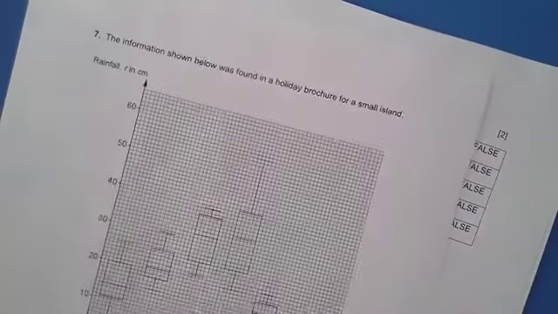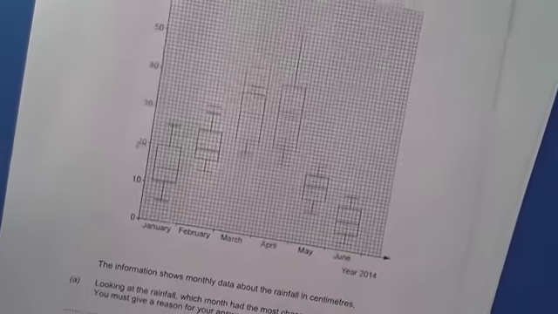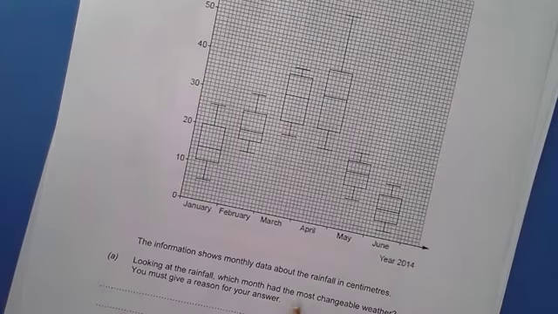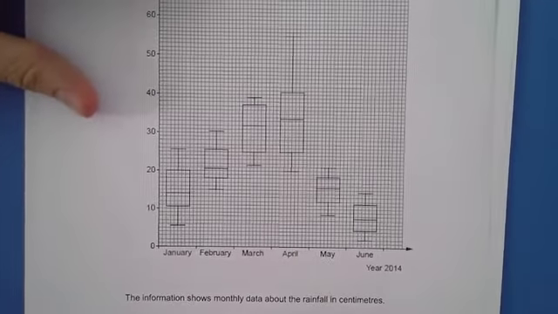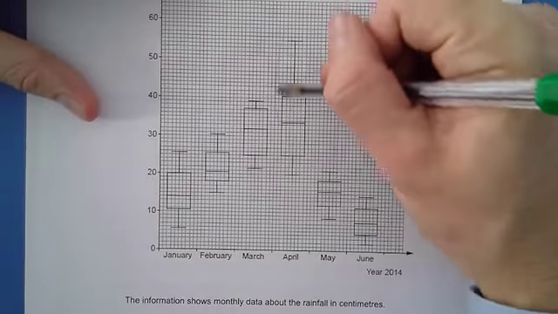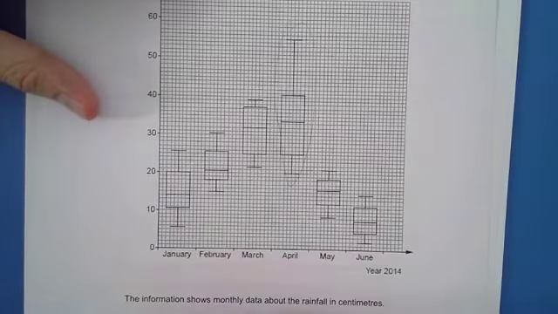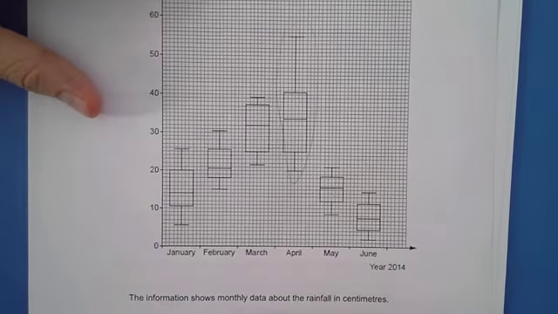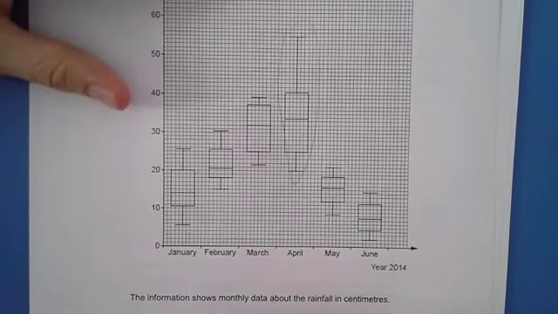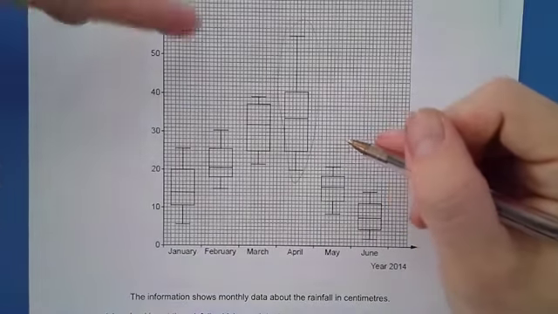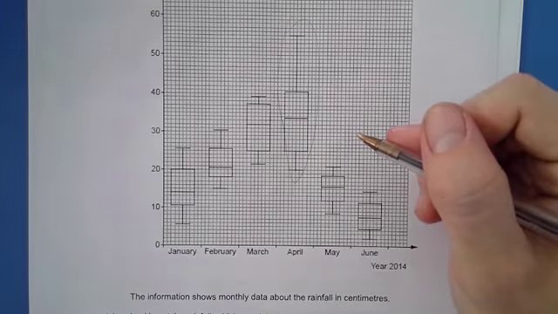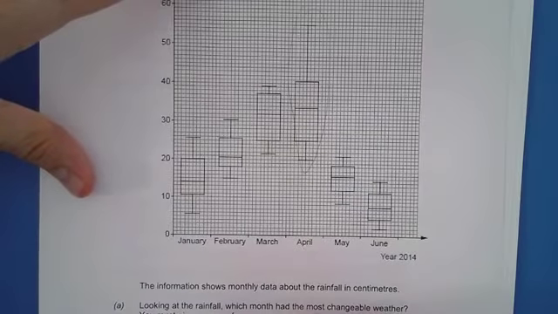Okay, the next question was on box plots. It says, looking at the rainfall, which month had the most changeable weather? You must give a reason for your answer. So if you don't give a reason for your answer, you can't get the mark. The one is April here, and the reason why is because it has a bigger range of higher and lower values. If you look at there, it's the longest one. That tells me it had days where it really, really rained and days where it hardly rained at all. So April,